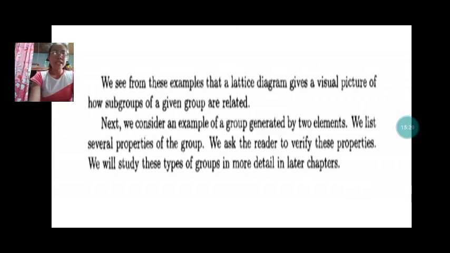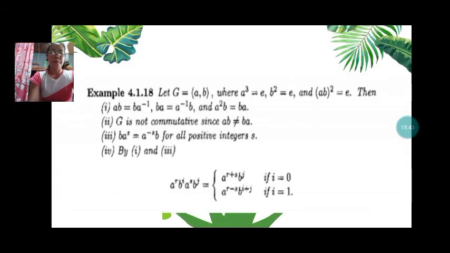So we say from this example that a lattice diagram gives a visual picture of how subgroups of a given group are related. Next, we consider an example of a group generated by two elements. We list several properties of the group. We ask the reader to verify these properties. We will study these types of group in more detail in a later chapter. So, example